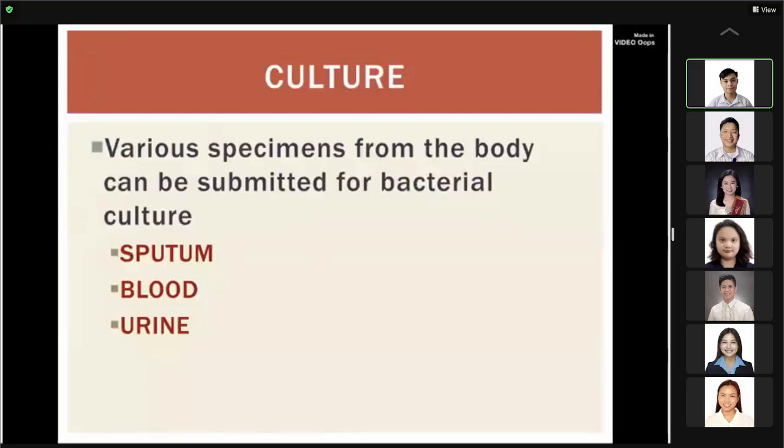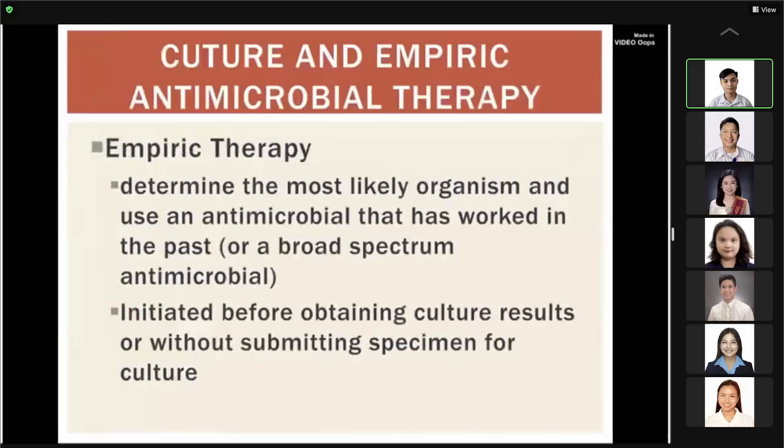We can culture various specimens from the body. Common specimens that are received in the laboratory are sputum, blood, and urine. Because a culture result will take days to be generated, an empiric therapy is started. Empiric therapy because they give an antimicrobial agent,